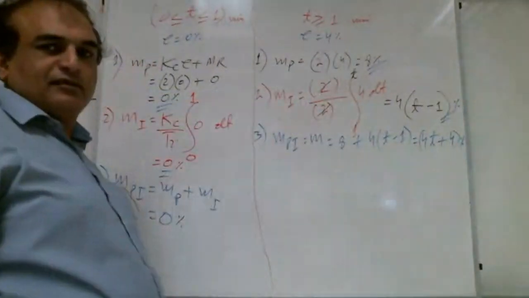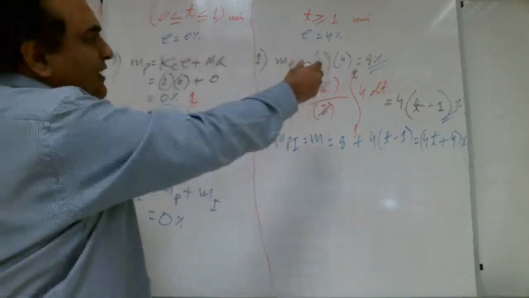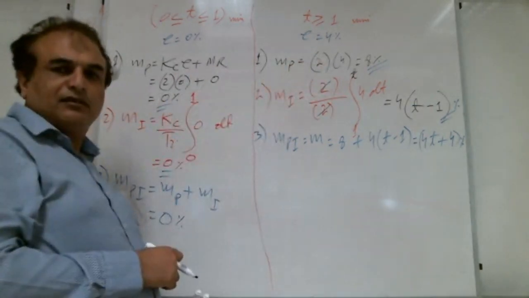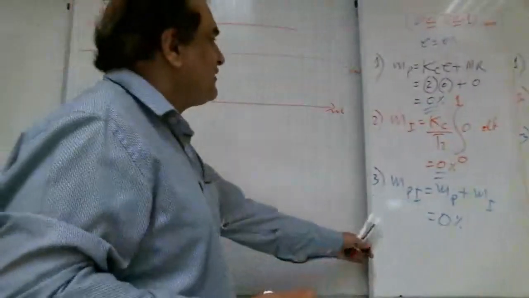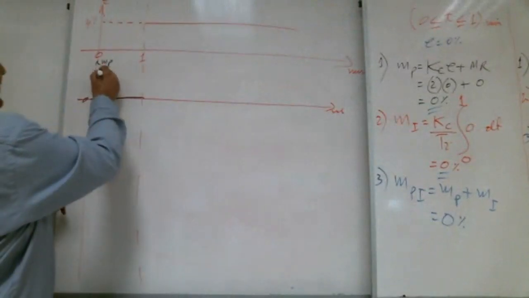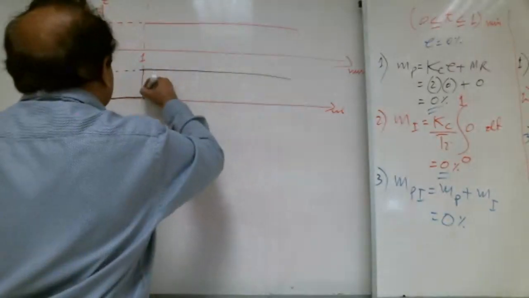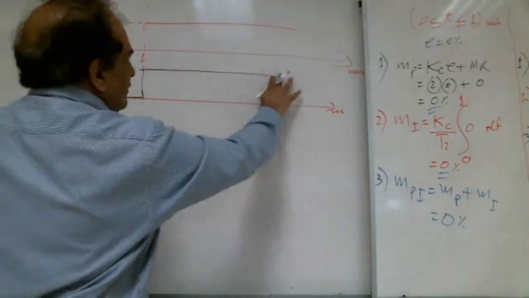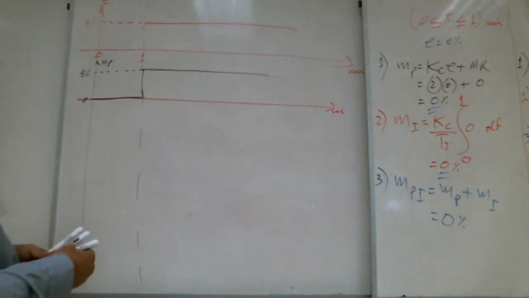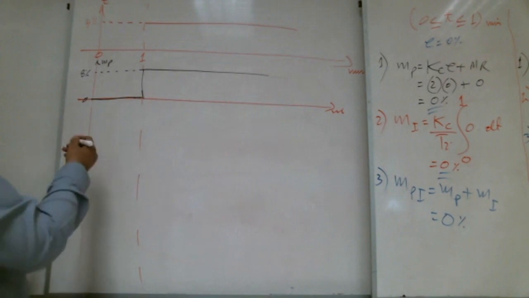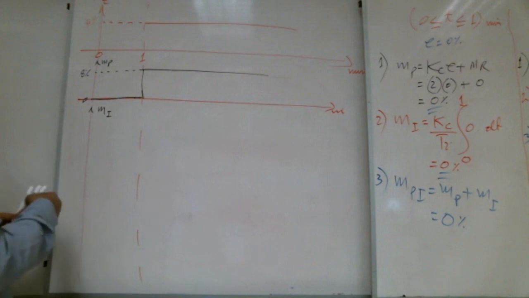From 1 onward, how much is it? 8% constant. Say constant with it. A lot of brothers, mashallah, are writing 8. 8% constant, not changing with time. So we take this 8% constant, like this. Right, Shabab? This is MP, the output due to proportional action. Then we need to draw the MI, the output due to integral action.